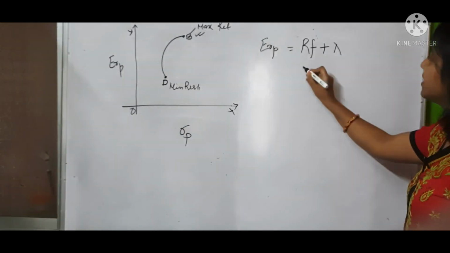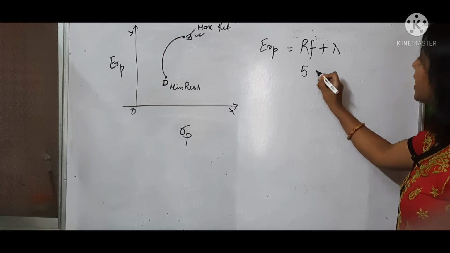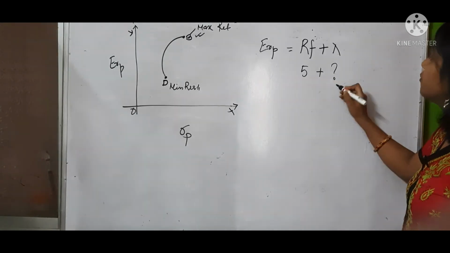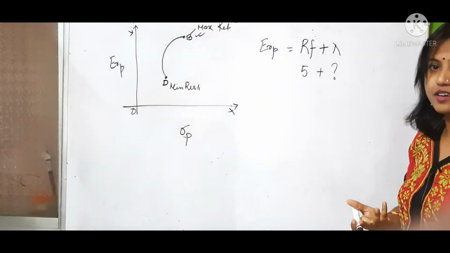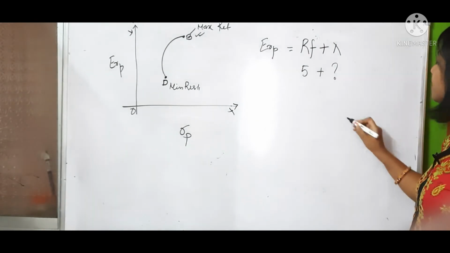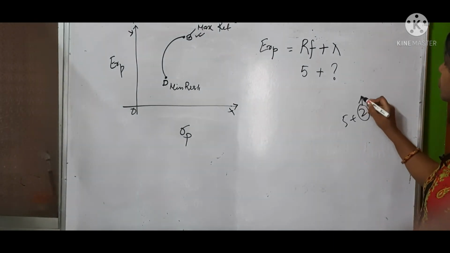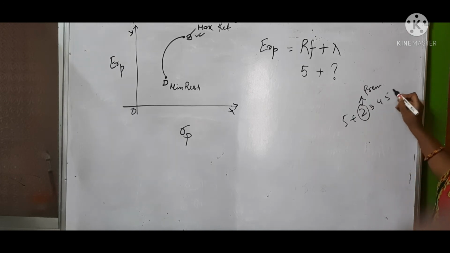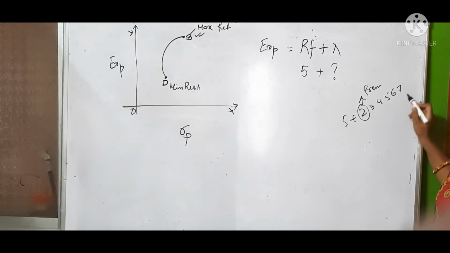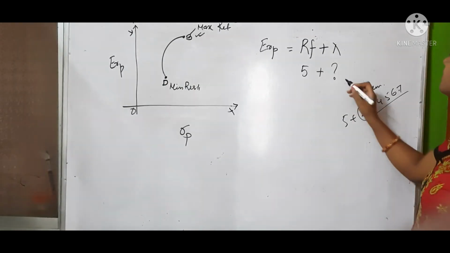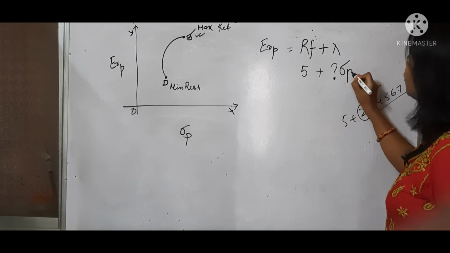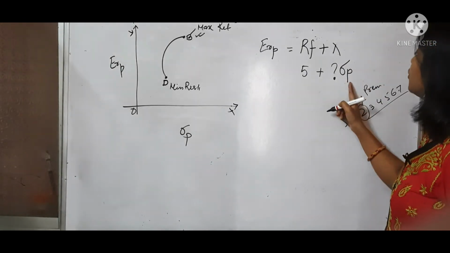Just now I said it is 5 rupees here, and I want to get some premium, and I told you that the premium will depend on how much risk you are taking. Because I told you that 5 plus 2 makes me happy, because 2 is my premium. Now this premium will be 3, 4, 5, 6, 7 depending on how much risk you are taking. Similarly this premium will be more depending on which portfolio you have selected and what risk that portfolio carries. So the standard deviation of the portfolio.